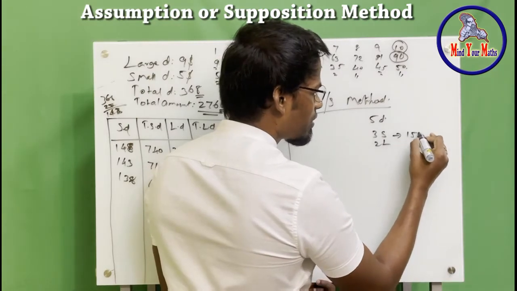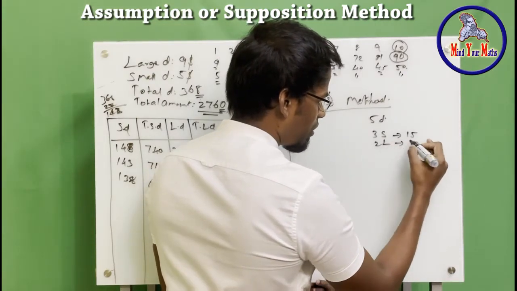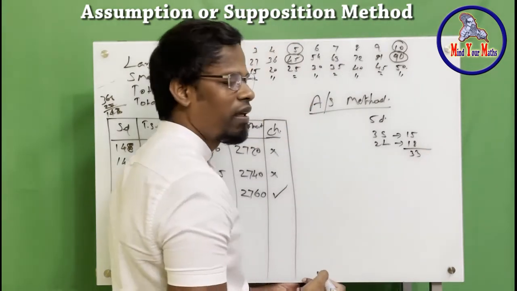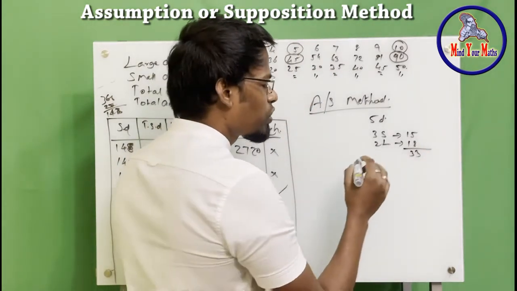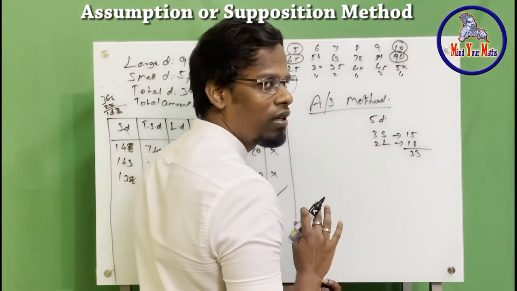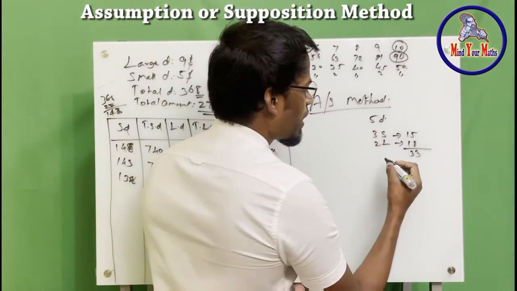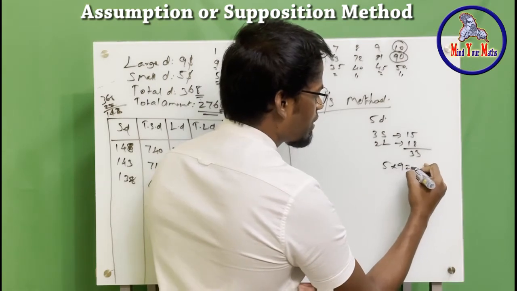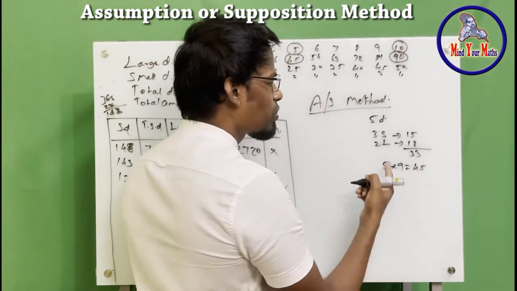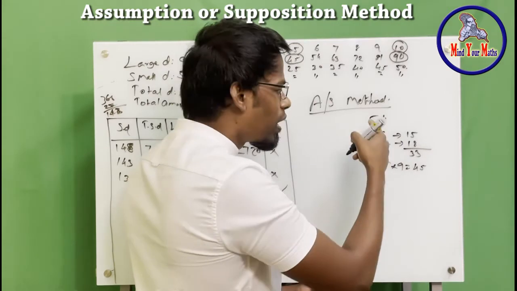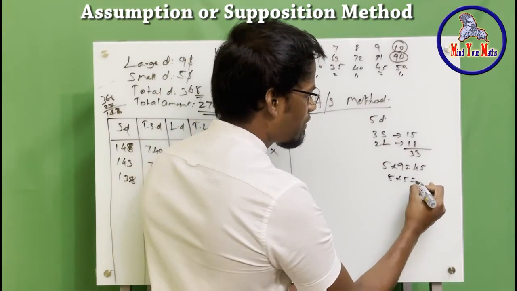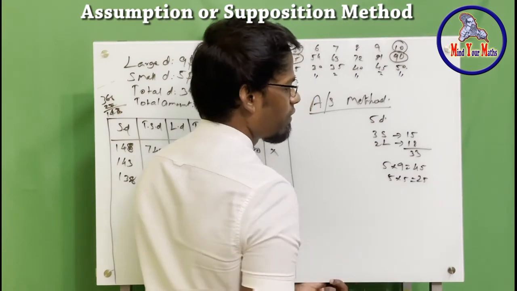For the 3 it is 15, and for these 2 you are going to get 18. Add them together, you should get 33. Suppose you sold all 5 for the large durian's price. How much will you get? 5 times 9 is 45. Suppose you sold all for the small durian's price. How much will you get? 5 times 5 equals 25.